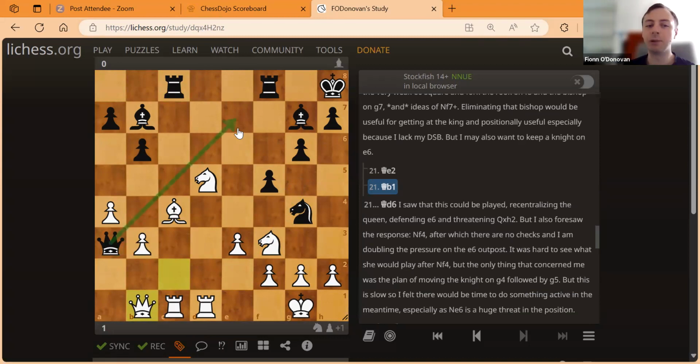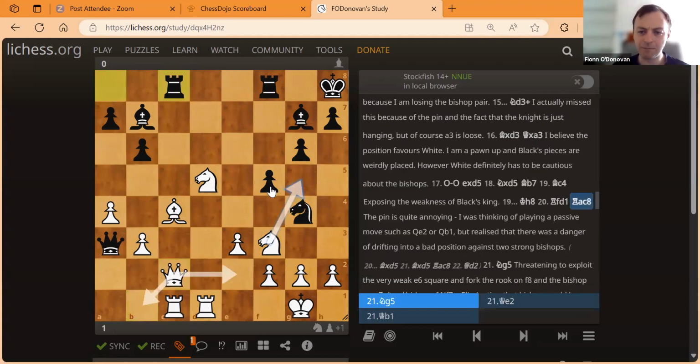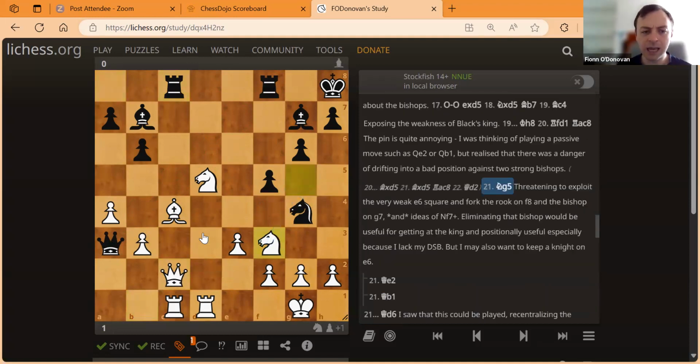So for example, the queen can maybe come back into play a bit more. It's actually not obvious where the queen comes back into play, but funnily enough, these squares are all kind of pressured by my pieces right now. But maybe the knight comes back, for example, challenges the nice knight on d5. Maybe this rook just comes into the game. And I sense the danger that I could let my advantage slip if I play the position in an unduly passive way. So that is why I decided to play a more aggressive move,